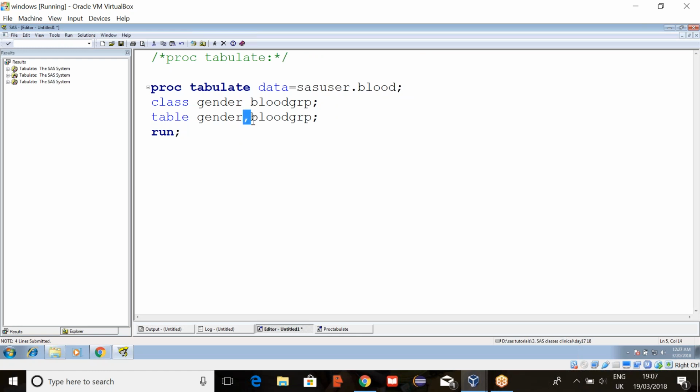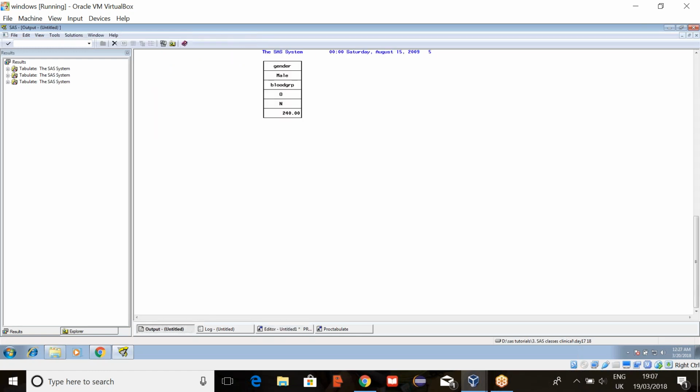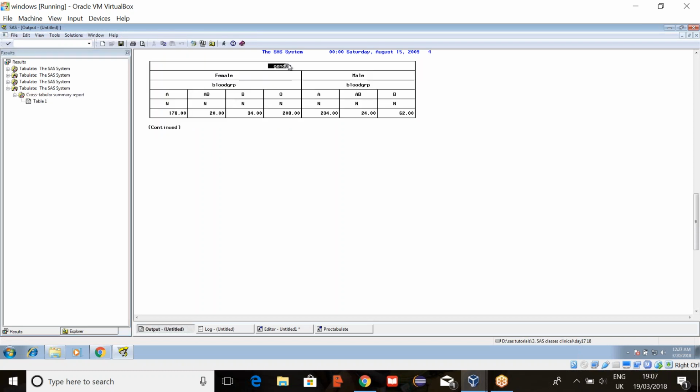Instead of comma, even if you mention star, now here it will give you under this. See here, first gender, females, and then male. Again blood group, different blood groups. The output is the same. Whatever statistics it is giving, the values will be the same.